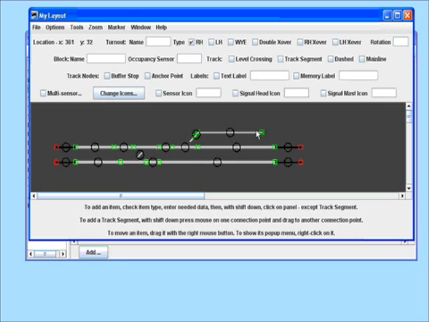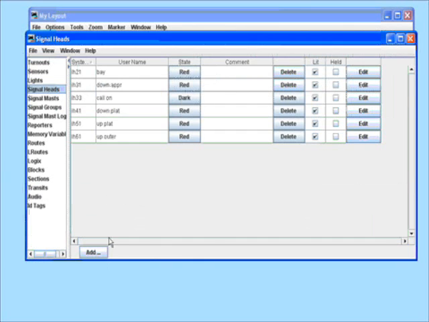Here we have our layout again. Now what's important with signalling is you have to move between block boundaries. So let's first of all look at moving along the line here into the bay. Now signals go between each other, so the first thing we need to do is define a rather strange signal